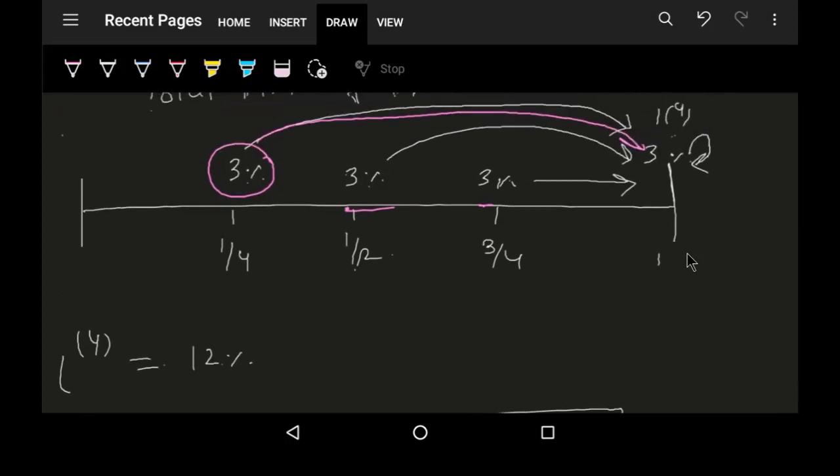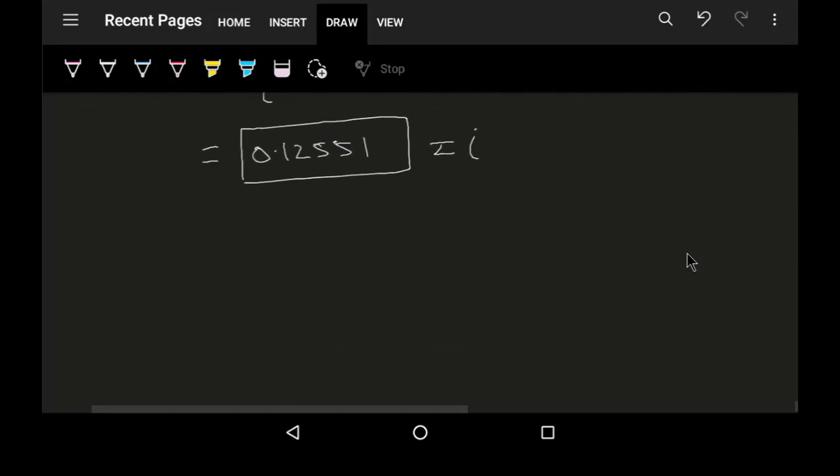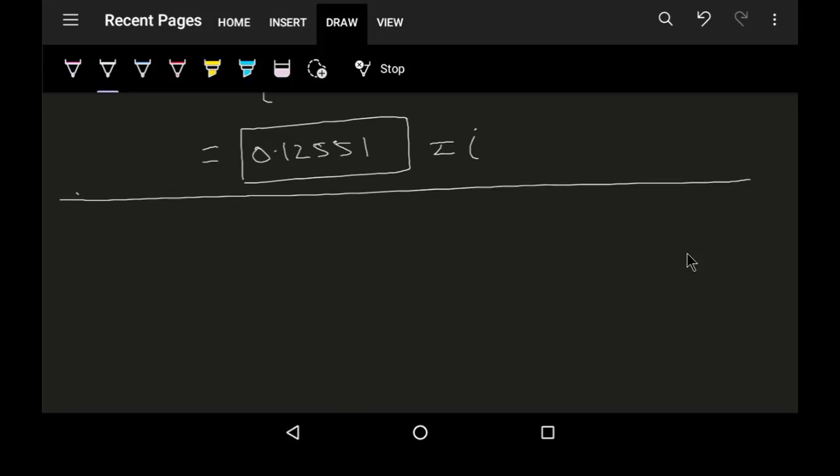So I will take this 3% to the end of the year, this 3% to the end of the year, and this 3% to the end of the year, and this 3% is already at the end of the year. So the amount that I get by accumulating these 4 figures at the end of the year will be equal to I, that is the interest payable effectively once per period. So this is just another representation of nominal interest rate. We can think of nominal interest as being paid equally in p installments at the end of each pth interval, which automatically gets accumulated to I.